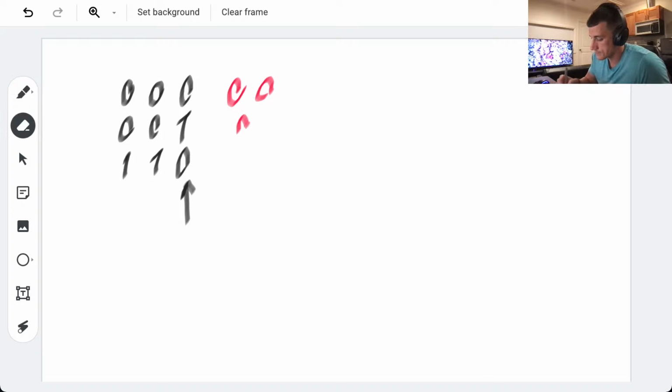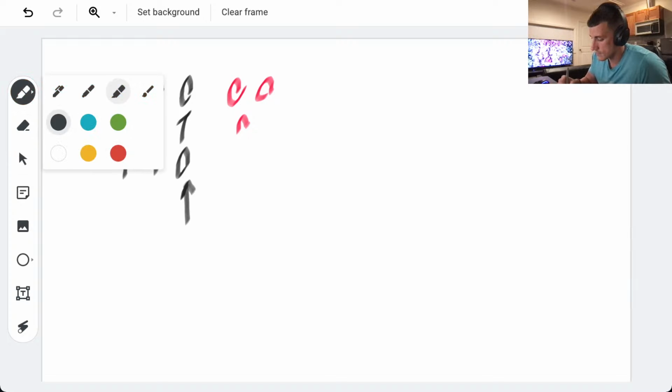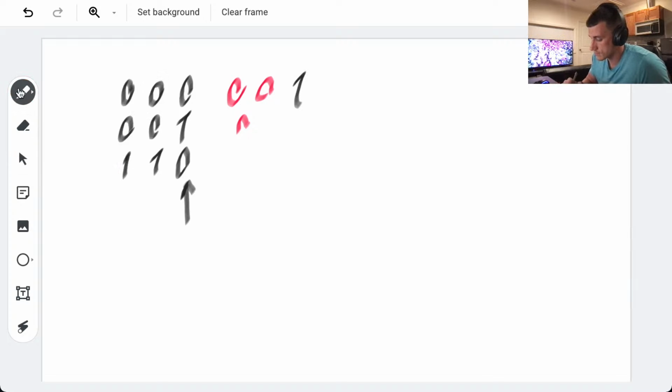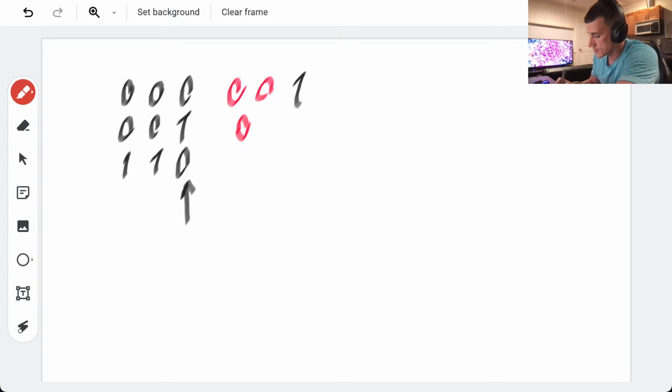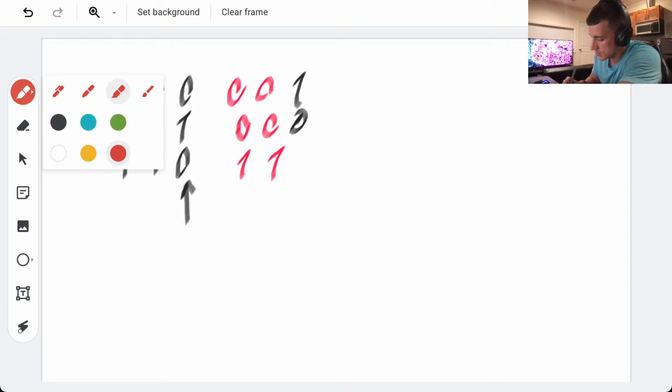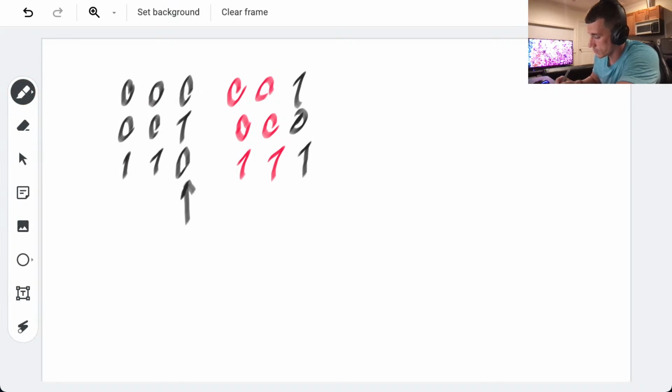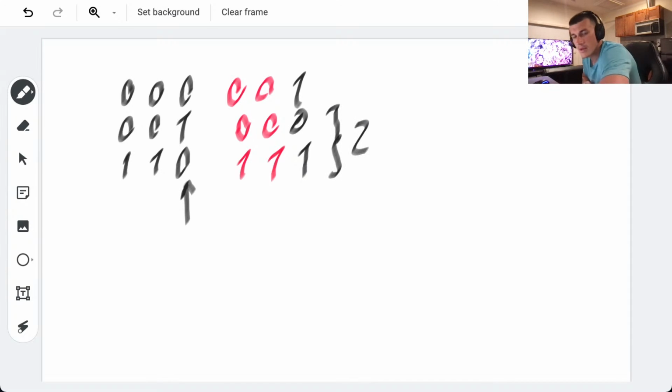Sorry, no. One, it's 0, 0, no 0, right? And maybe we want to also use black color here. And then it is 1, 1, and 1, because we flipped it, right? And now we see that these two are